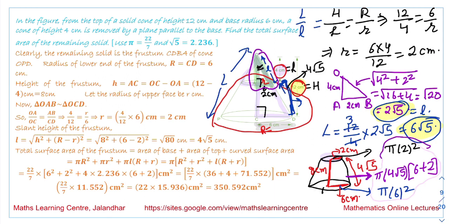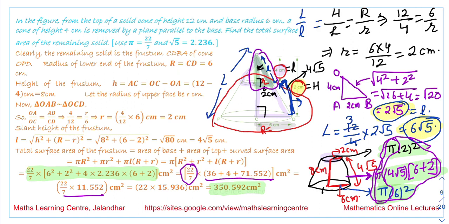So if we add all these three values, pi into 2 square, pi into 6 square, and pi into this value, we will obtain the final answer as 350.592 centimeter square. To solve these, we have taken pi common from all these terms, so it is 22/7 over here, and the rest of the calculations you can check over here. You can try these calculations on your own, and you will see that the final answer, the area of this frustum of cone, is